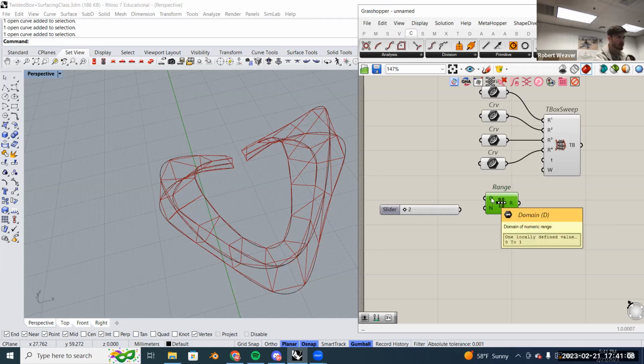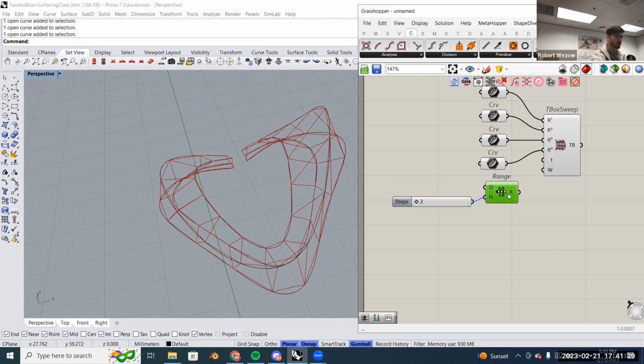So right now, the input for the domain by default is 0 to 1, which is the most useful because a lot of the curves that we'll be working with always have a domain of 0 to 1, or you can reparameterize it to have a domain of 0 to 1. So the D input is fine as it is. The N input is the number of steps, and that'll just be the slider that we just brought into the scene. And this will